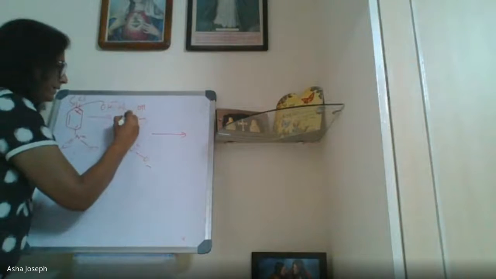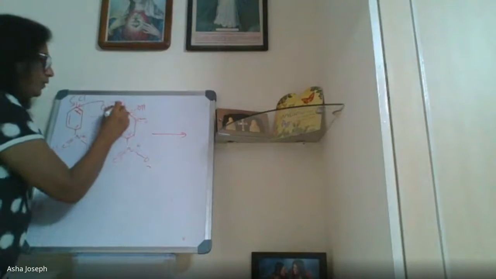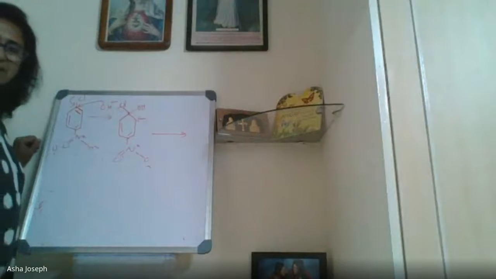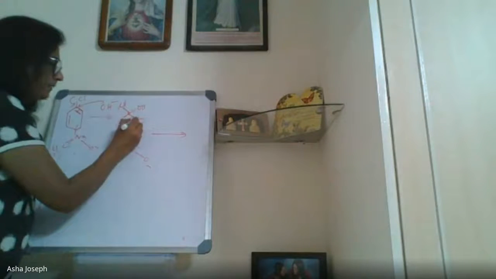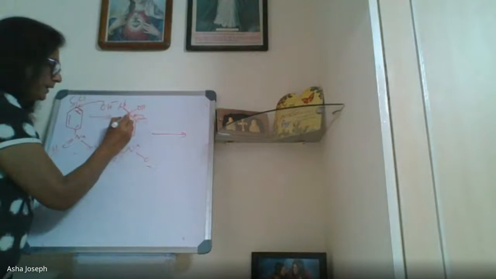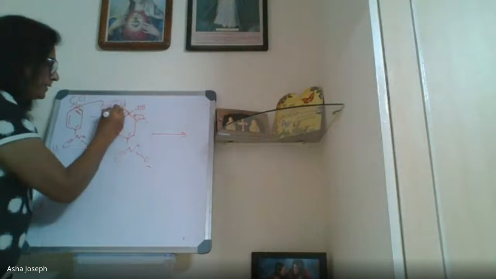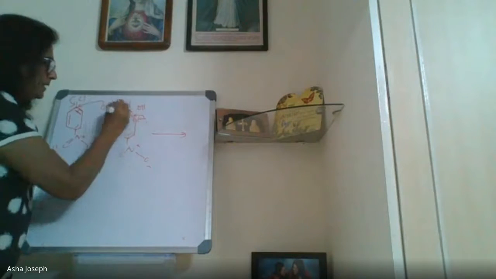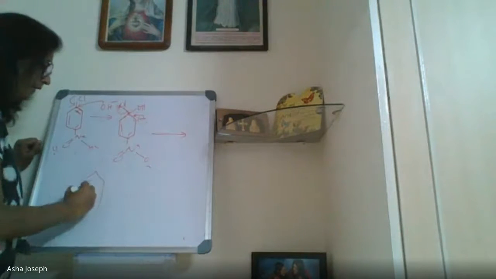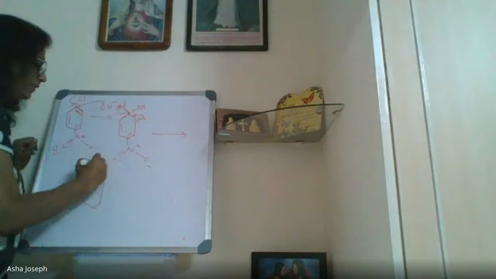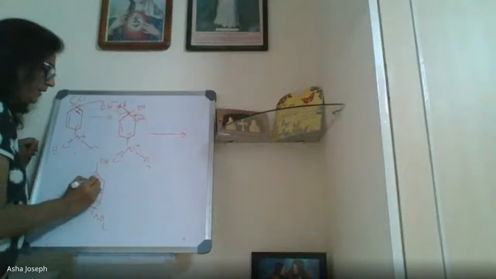Opposite will take place, children. This group goes. You know that chlorine goes as Cl minus. So what happens? This will come back and then a bond will come and then Cl. Here a bond will come and Cl will get its electrons and so the product will be, Cl will go. Okay, Priyanka, Cl goes, so OH will be there. These two we are not touching. NO2 is here. And then this bond is reformed. This is how the product is formed.